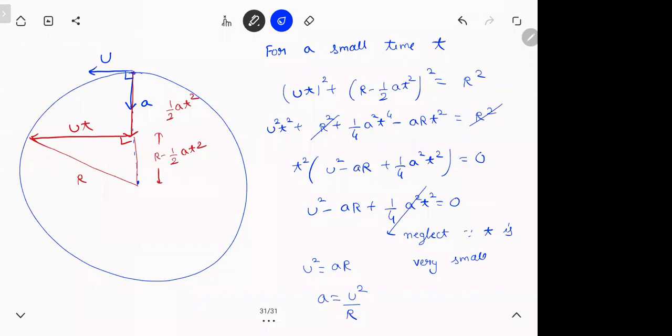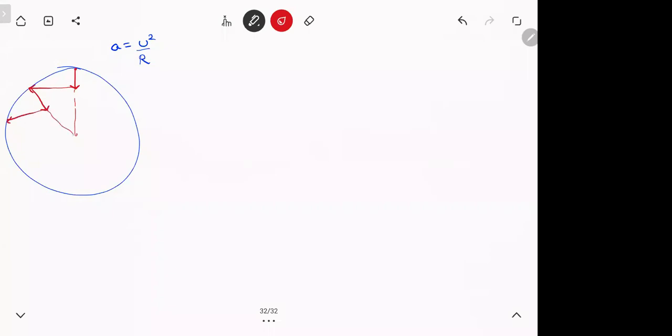This means something. You know what this is trying to tell you? When you're going in a circle, something interesting is happening here actually. For this particular acceleration, exactly when a is equal to u square by r, if this condition is satisfied, every time it falls down, the velocity is putting you back on a circle. Again, you will fall down. Again, it puts you back on a circle. Again, you fall down. When you go towards the center, it again puts you back on a circle. Are you getting what is happening?